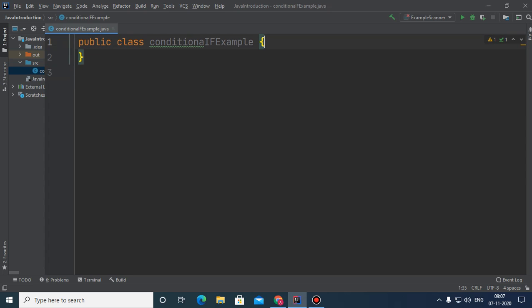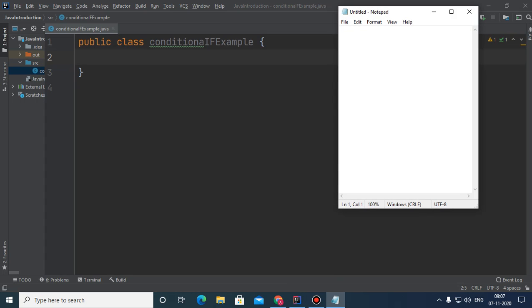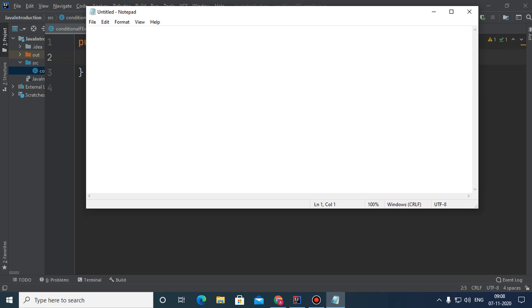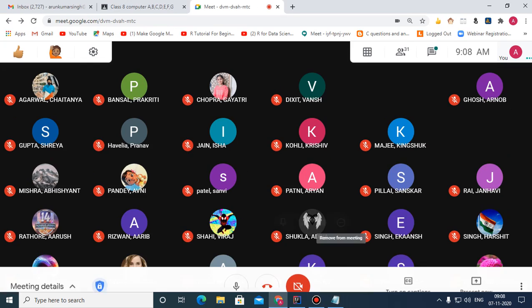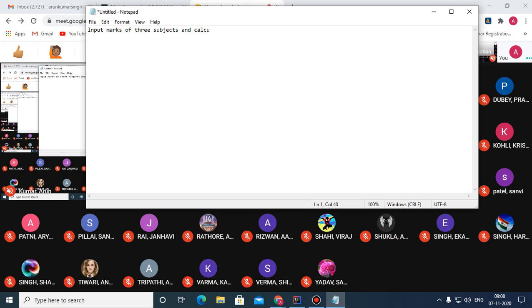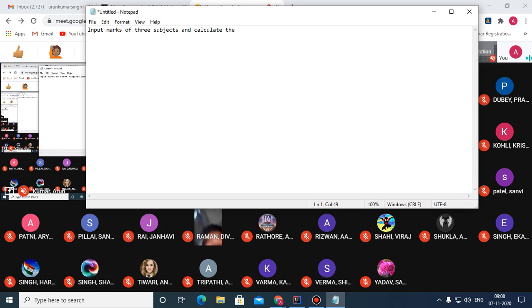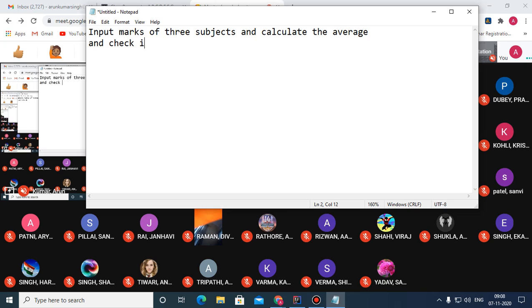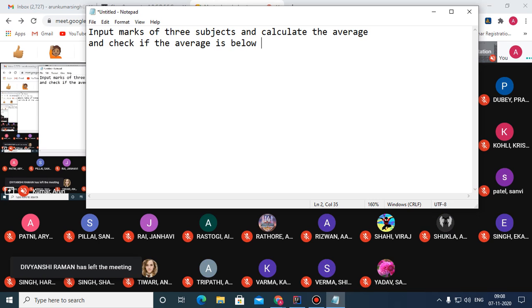Now today, children, the first question is: input marks of three subjects, calculate the average, and check if the average is below 60%,